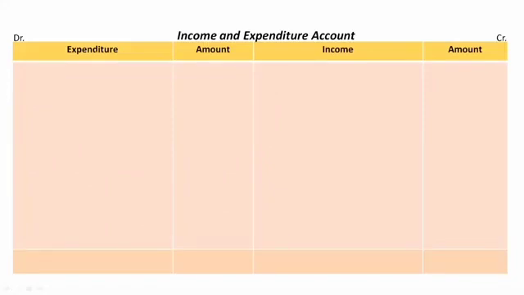I hope everybody is familiar with this, right? So on debit side, we have expenditure and amount column. On credit side, we have income and amount column. So it's opposite of its name. See, income and expenditure account is the name, but on the debit side, we mention expenditure. You cannot mention income on the debit side. Why? Because all the expenses are debited. As per the rules of accounting, we know all the incomes are credited, right? So on debit side, we always have what? We always have expenditure.